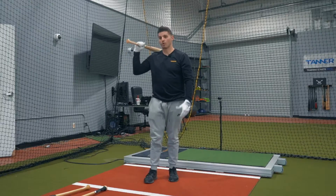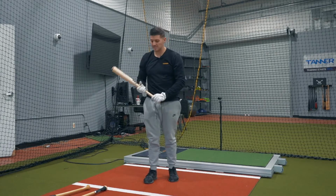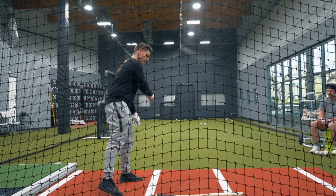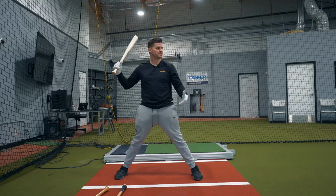Again, you'll see a guy with a high spin rate really start doing these big top hand feels, or that tomahawk feel. It can be really important for how I'm controlling my barrel and how I'm losing my barrel kind of behind me. So a lot of times when we're doing these, and don't get me wrong,